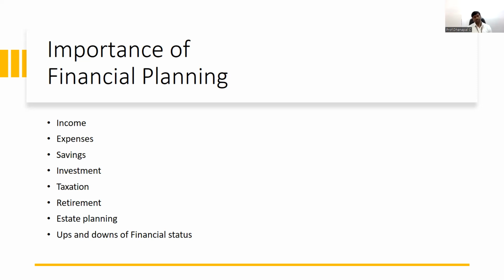The same goes for expenses. In business, the maximum number of expenses will be there across all categories, as we have different types of departments in the business. We start from research, production, operations, management, advertisements, marketing, accounts and finance, HR, planning. There are a lot of departments in the business, and each and every department has its own expenses to do the work. So we have to concentrate on where the expenses are mandatory, where you can reduce them, and how much expense you can bear to run your business without any difficulty.